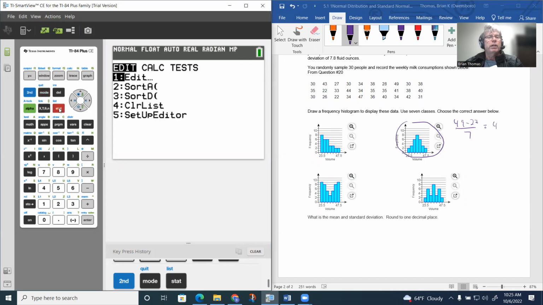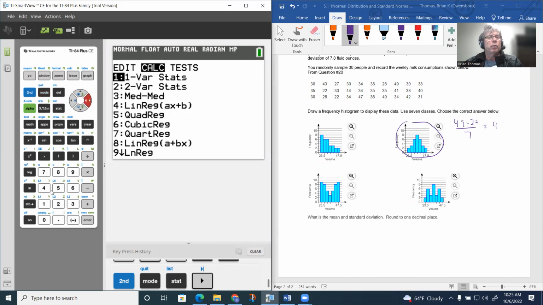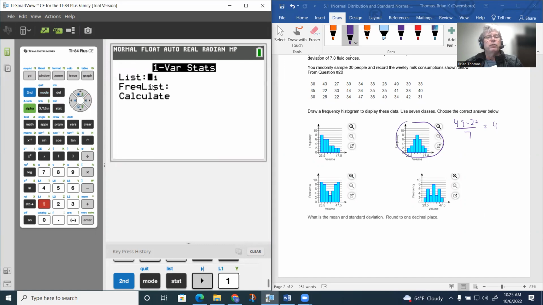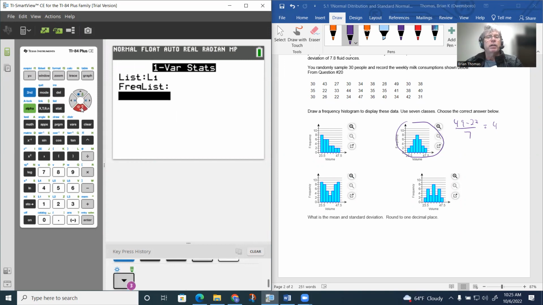If I hit stat again, go to calculate, 1 variable statistics. List is L1. We don't have anything in the frequency list this time, so this needs to be cleared. I think before we actually had some frequencies listed there. We don't have anything in L2, so we need to leave that blank. So if I hit calculate again,